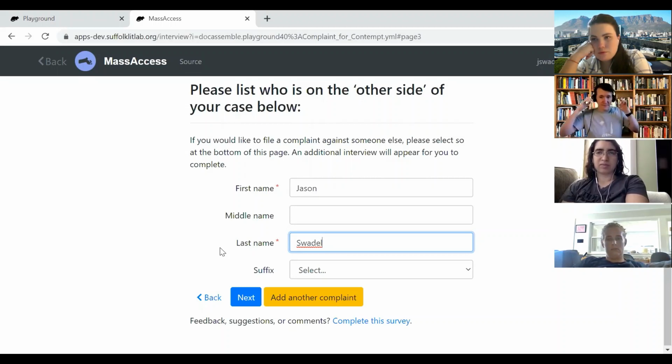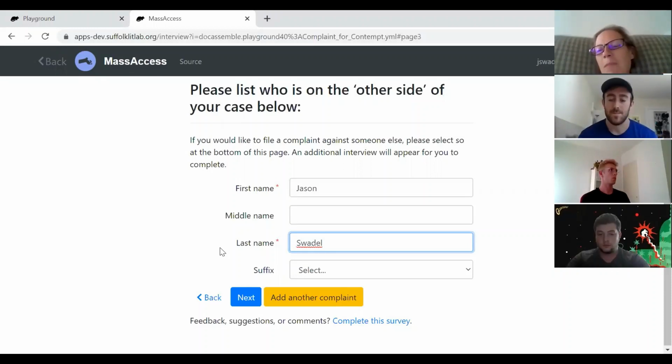Is that something you feel confident coming up with? I think it says, if you want to bring a complaint against a different defendant, do the interview again. It's something as simple as that. Kate, maybe I can talk to you about it, because first of all, we should think about in which circumstances there could possibly be more than one defendant. It's narrow. Yeah, co-guardians or grandparents who together have denied visitation. Exactly, that's what comes to my mind. That's what made me think of it the last time we looked at this.